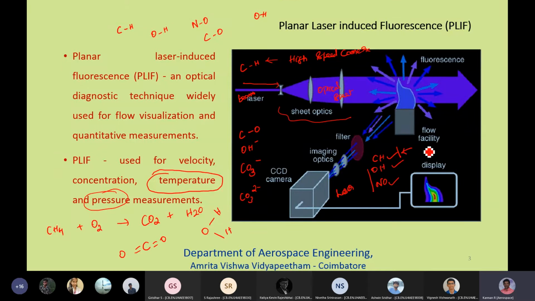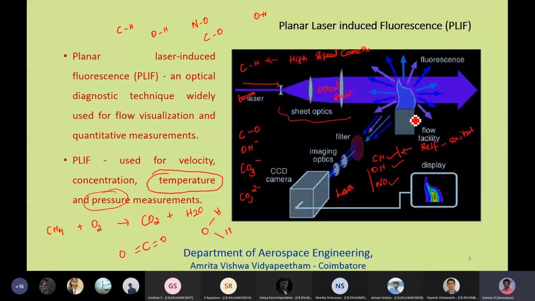For a CH filter, what we say is that it is a self-excited flame. It means you don't need a laser, but you can get a CH profile. That is what we are going to do using this technique. We don't have a laser system, but we have a CH filter that costs something more than 3 lakhs, and a simple lens. So with the help of a CH filter, in the self-ignited condition, we are going to capture the CH profile.